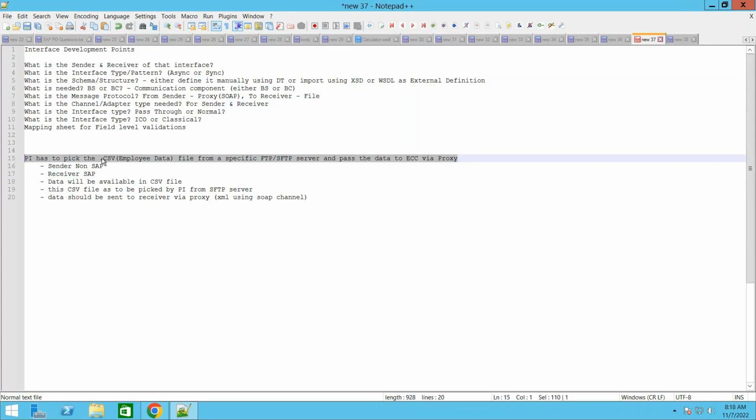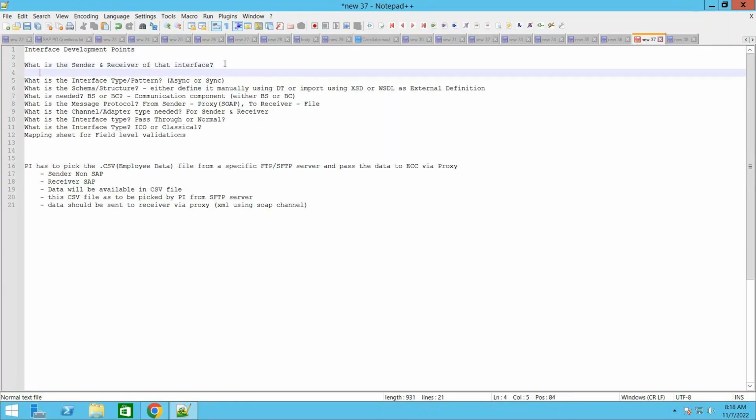Here your sender is non-SAP and your receiver is SAP. If it is non-SAP, what is the system name? Whether it is RPG or any other non-SAP application, that is part of your requirement. You have to understand what system is providing you this file. At the same time, what is your receiver? You understood that your receiver is the SAP system, but what is the system ID for that? That is something you need to understand. Then